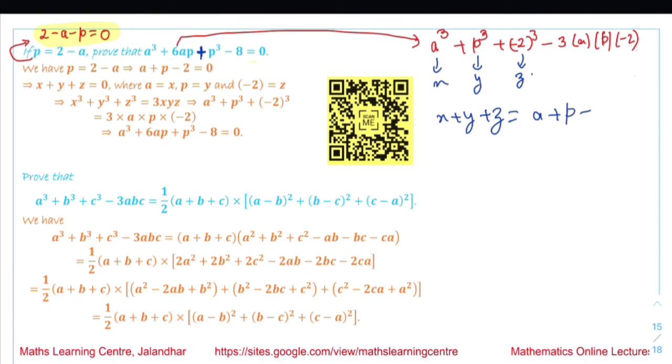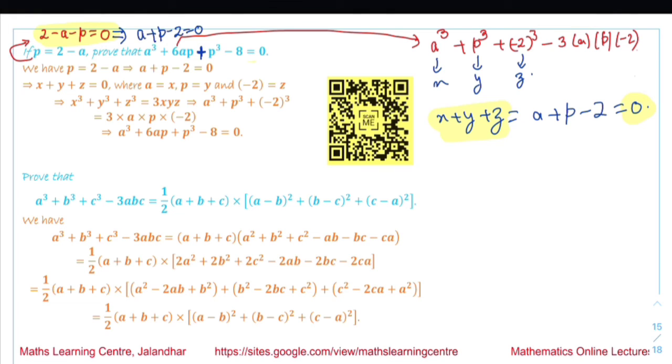It is a plus p minus 2. So from the given equation we can write that a plus p minus 2 is equal to 0. So we are saying that this term is equal to 0. What we get? x plus y plus z is equal to